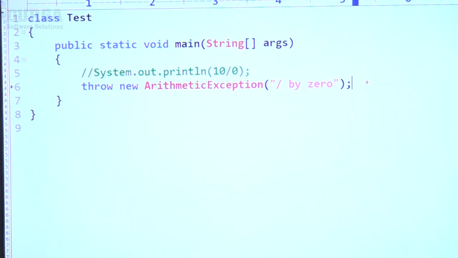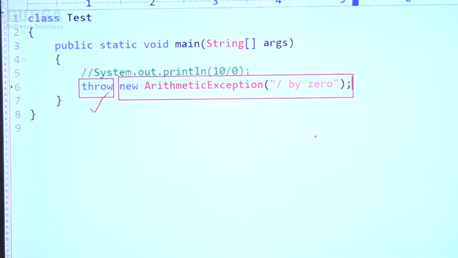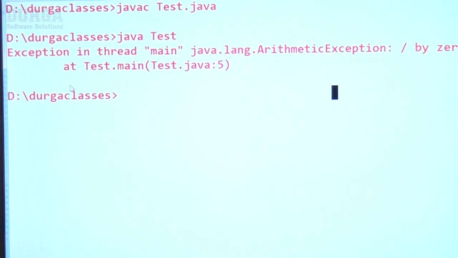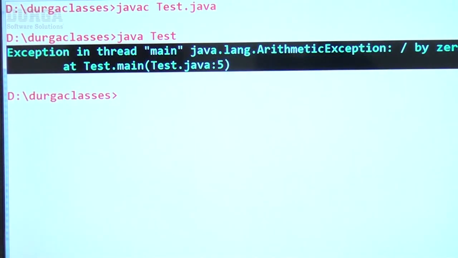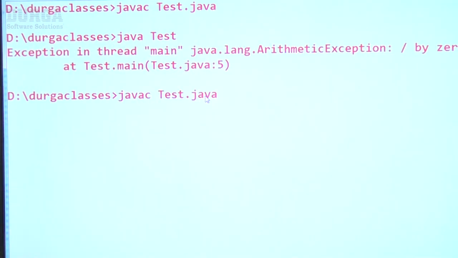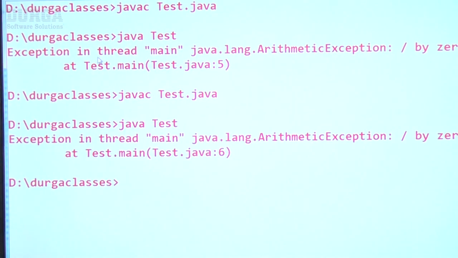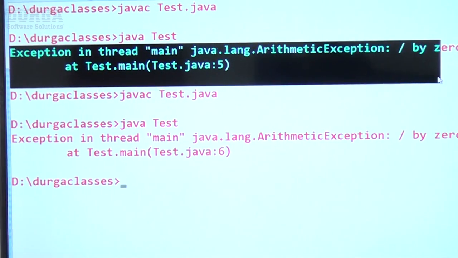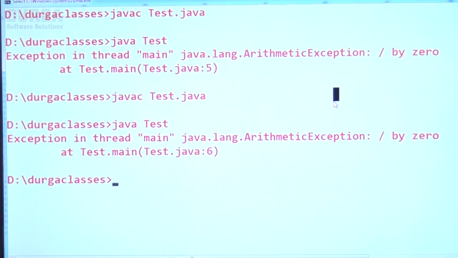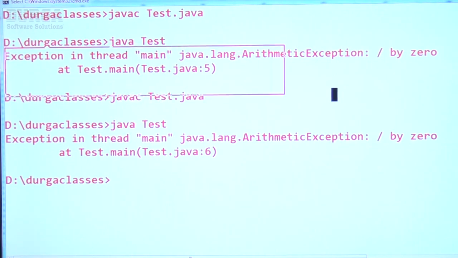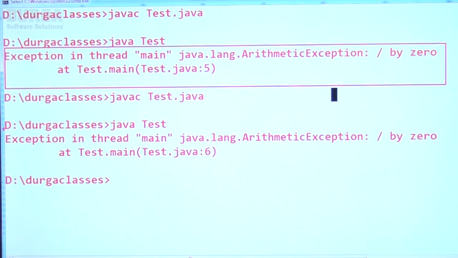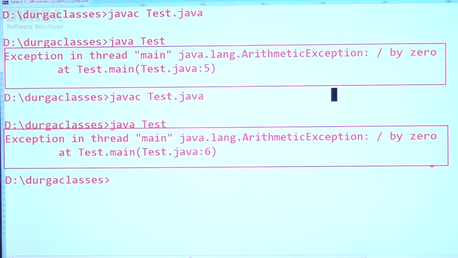Sir, have you observed who is creating the exception object? We are creating the exception object explicitly. Who hands over that object to the JVM? We are doing it by using the throw keyword. Let me execute this code. Earlier this is the response we got. Now let me execute. What response are we going to get? Observe, word to word it is the same. Whatever response we got earlier, in this case also we get the same response. But the only difference is, earlier everything happened internally, but in this case everything happened explicitly.